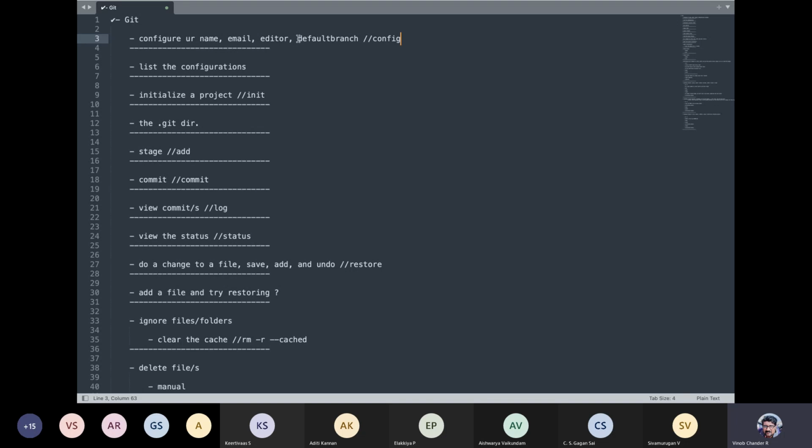If you want the default branch to have a specific name, either main or trunk, which is another name that is widely used, you can make use of init.defaultBranch during the configuration itself. There are other ways also. After configuring, you can also change the branch name. But during the configuration, if you just want to set your master branch name to a particular name, you can do that initialization in this manner.